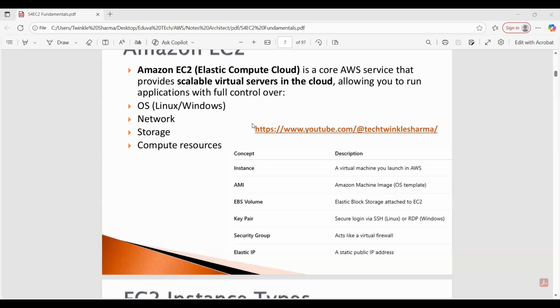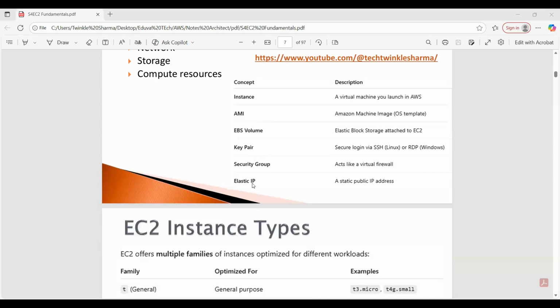EC2 user data has a very specific purpose: it is used to automate boot tasks such as installing updates, installing software, downloading common files from the internet, anything you can think of. The more you add to your user data script, the more your instance has to do at boot time. EC2 user data scripts run with the root user.